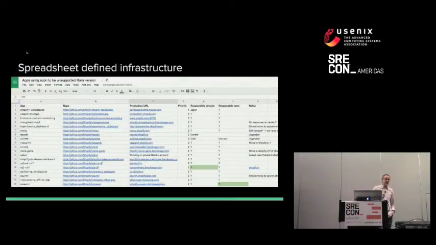We noticed this anti-pattern emerging that I'll call spreadsheet-defined infrastructure. Let's say there's some change that needs to be made across all systems or a category of systems. How do you even figure out what systems are affected and how do you get it done? This is a real example, called Apps Soon to be Using Unsupported Rails Version. These are Rails apps that, with the next zero-day security exploit that comes along on Rails, are going to be in big trouble.